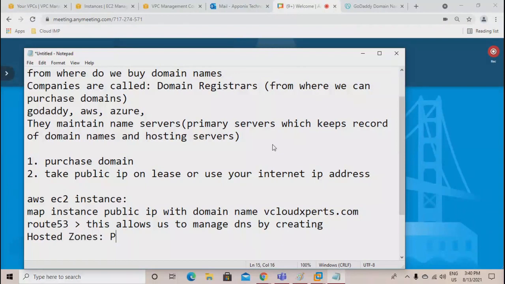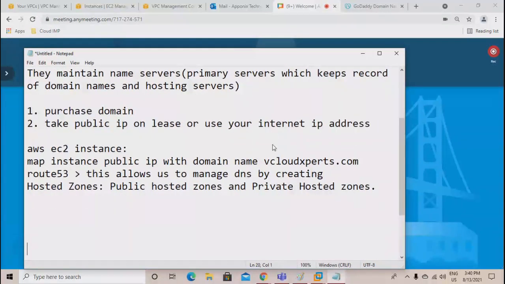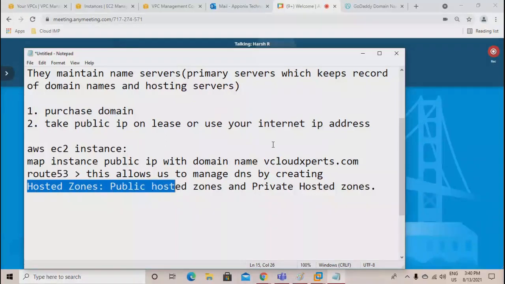So you have two options: public hosted zones and private hosted zones. If you want your domain name to be accessible on the internet, you require a public hosted zone. And if it is just for your internal college network or maybe office network, then you need to create private hosted zones. Okay?